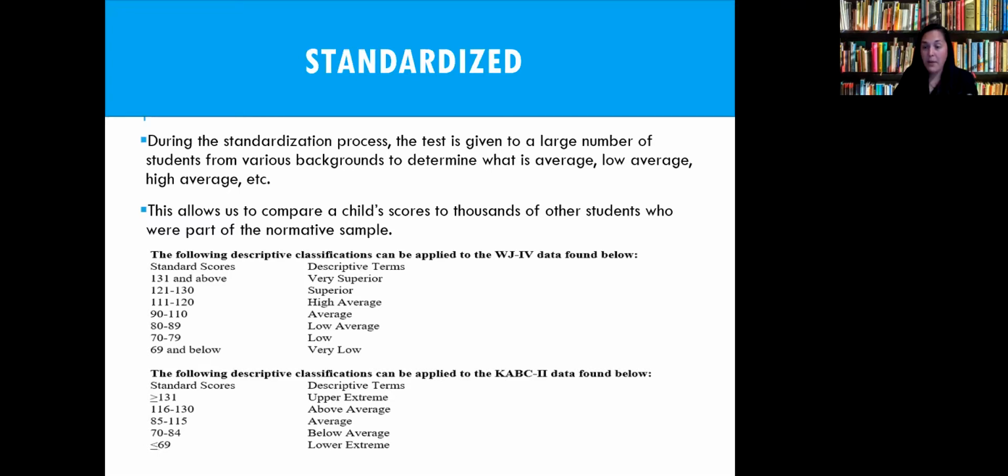But they can be confusing because if more than one tool was used, as you can tell from the two that I included, average does not mean the same for both of these tools. Again, this is information that's specific to that battery in terms of the individuals they used to create it, and they use their information to determine what they consider to be average, low average, high average, and so forth. So while the battery has normative data and normative samples, the descriptions of how they're describing that data may look a little bit different. I'm going to show you something that to me seems much more useful as we move forward through these slides.